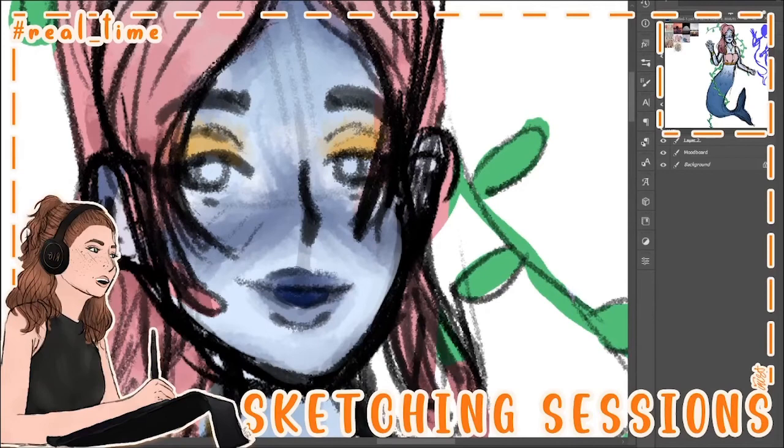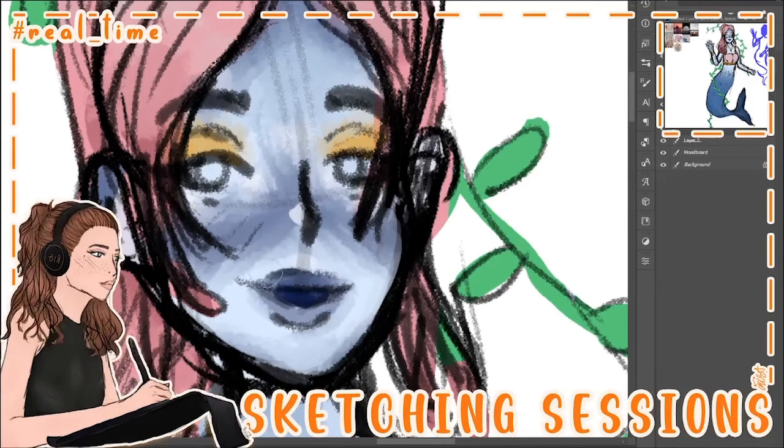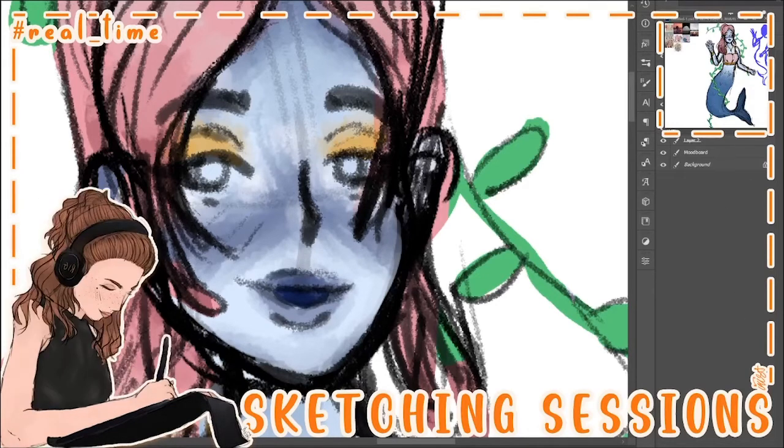Now, final thing before I finish it off with eyes. Adding this white on the nose and above the lip on the Cupid's bow area. Highlights. Then let me add the eye,